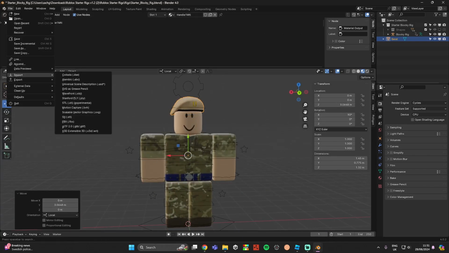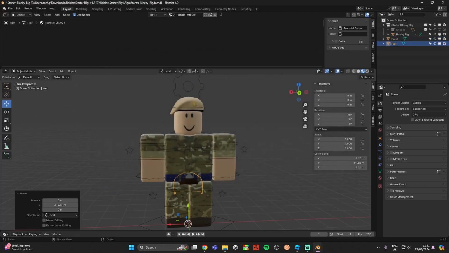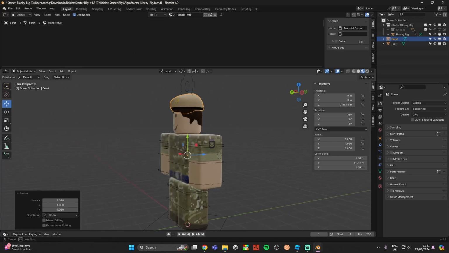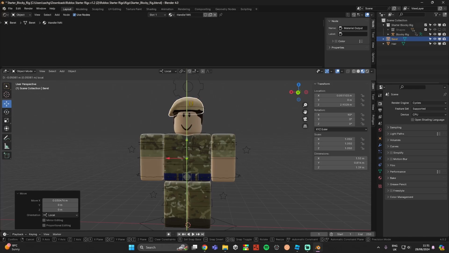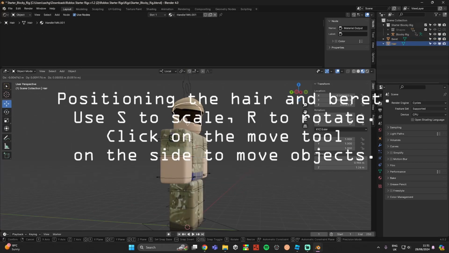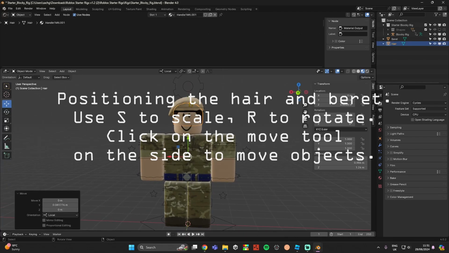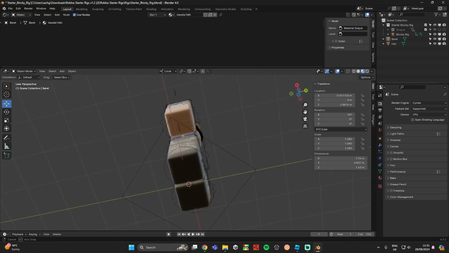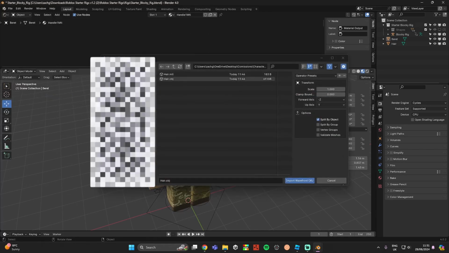You can do File, Import, OBJ, and then go back and import the hair. Now quite often, when you're adjusting this, the hair will clip with some kind of hat, so I prefer to just scale up whatever hat it is and put that on. Okay, now that that's done and the beret's been imported, you can go to File, Import, OBJ, and then bring